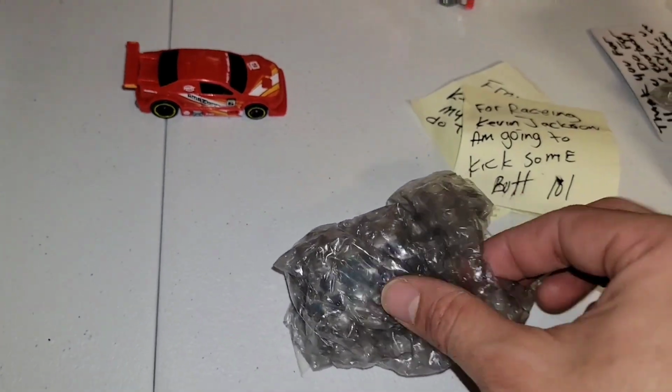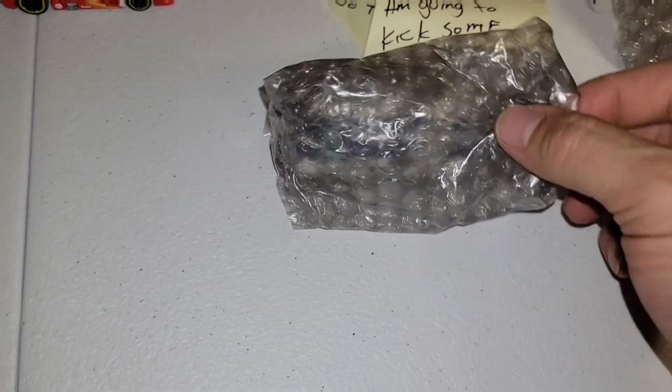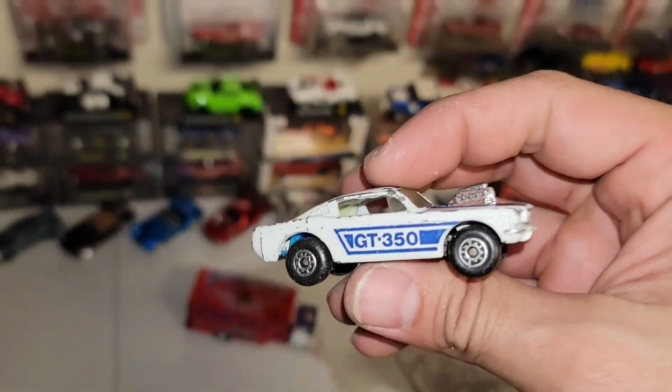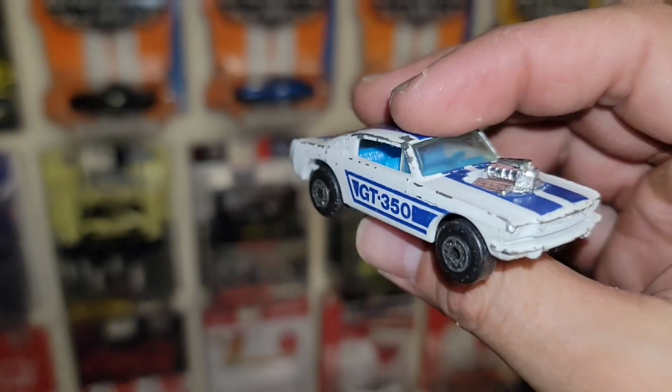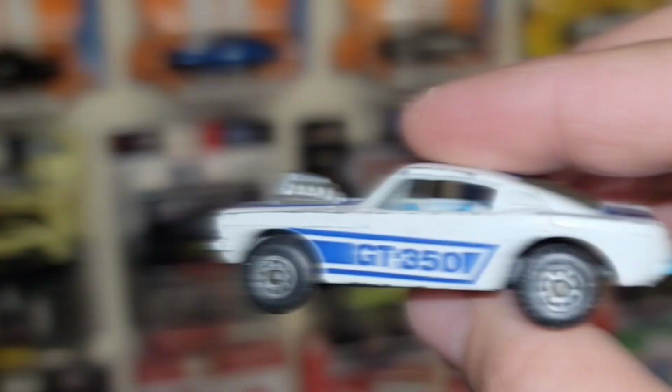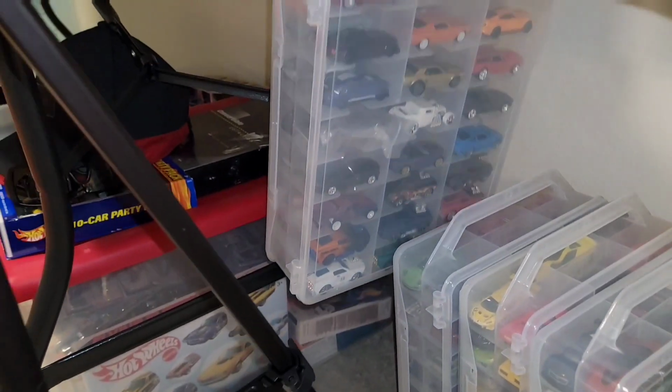Got this one for the track, I'm guessing. Looks like a Mustang with some stripes on it. All right. Oh, look at this. The Shelby GT350, guys. Look at that. Oh, check this out, guys. This is freaking awesome. All right, I think it's in this one, actually. Don't ask why it's in here, but